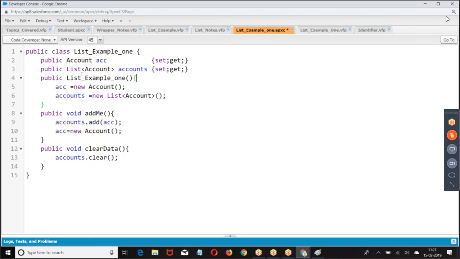ACC is the variable. List of account is the data type. Account is the variable. Was that clear? Right, Amma? Somebody from online? Yes, sir. Now, are people good with this example? Okay. Now, let us see. Everyone has followed? Any query from anyone? Unable to understand your expressions. Followed or not followed? Right.